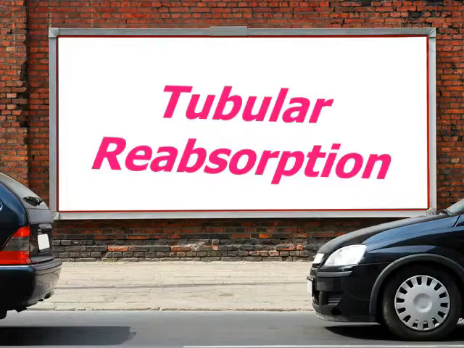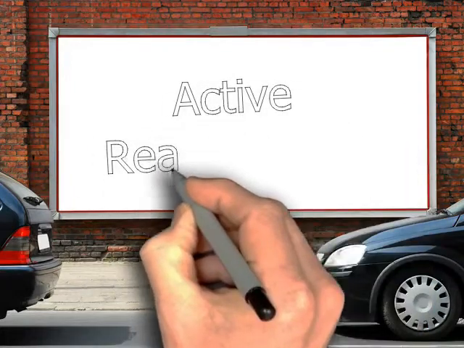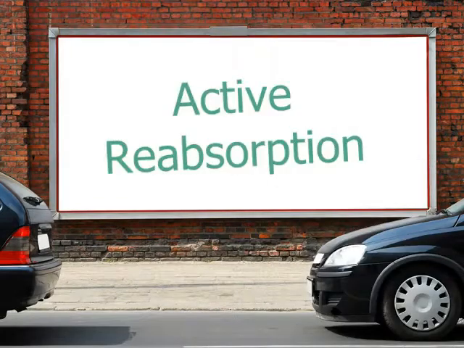Tubular reabsorption takes place by two mechanisms. Active reabsorption: a few substances such as glucose and amino acids are actively reabsorbed into the blood. It means that the reabsorption of these solutes takes place against the concentration gradient, that is, from the lower concentration in the filtrate to the higher concentration in the blood, with the utilization of energy. As a result, the useful solutes are almost totally reabsorbed from the filtrate. Other substances actively reabsorbed from the filtrate are vitamin C, sodium, potassium and calcium ions.